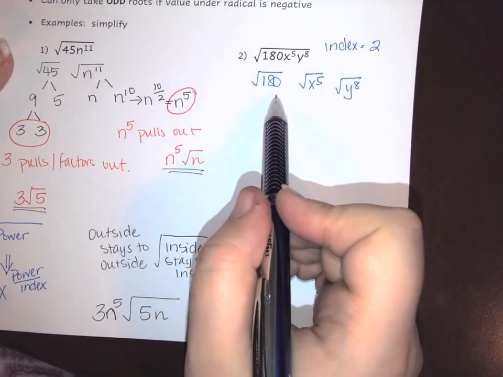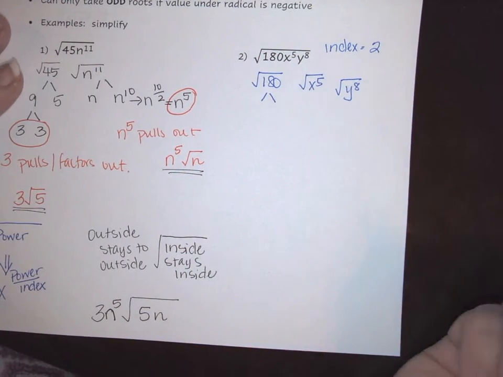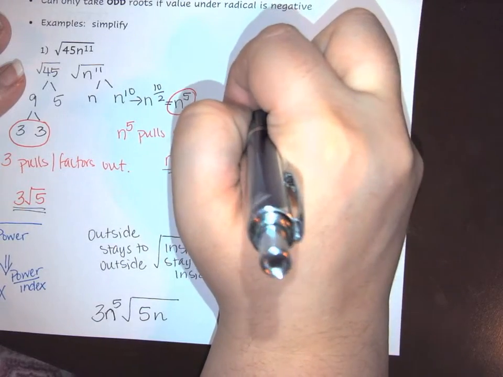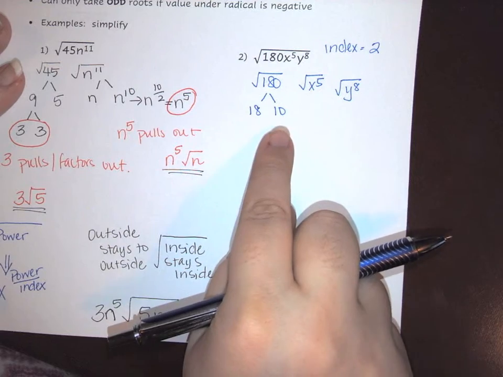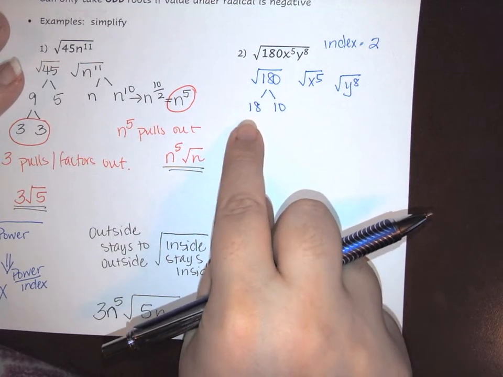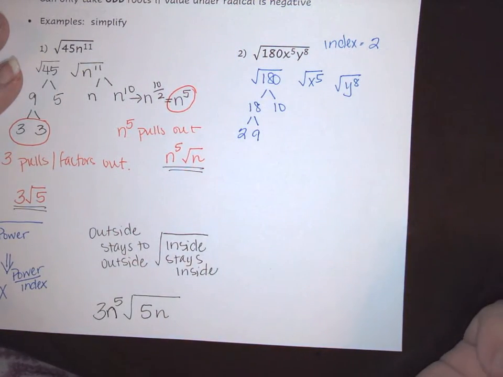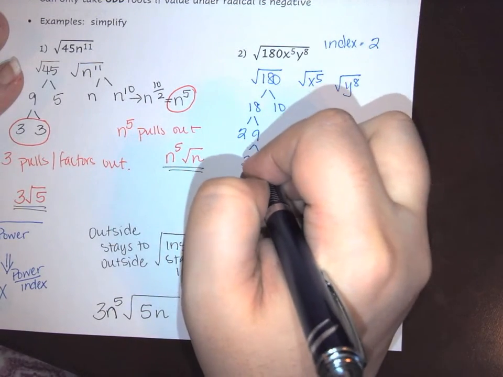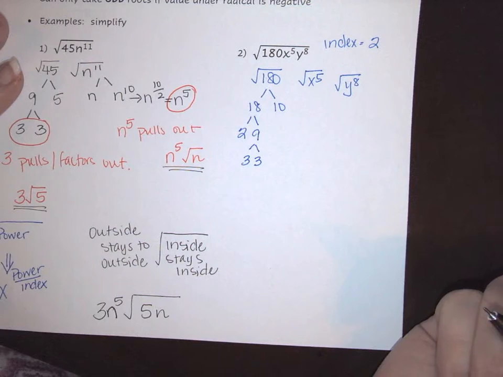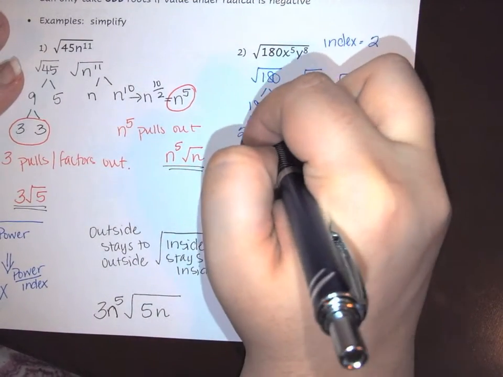So let's go ahead and start breaking down your 180. There are quite a few ways that we can do that. One way might be to say that we have 18 and 10. If you look at this, I have 2 groups, but these two numbers are not the same, so we need to keep going. My 18, I know, can break into 2 and 9, at least that's used most often. And the 9 then can break into 3 and 3. Now the other thing I know about the 10 is that it can break into 5